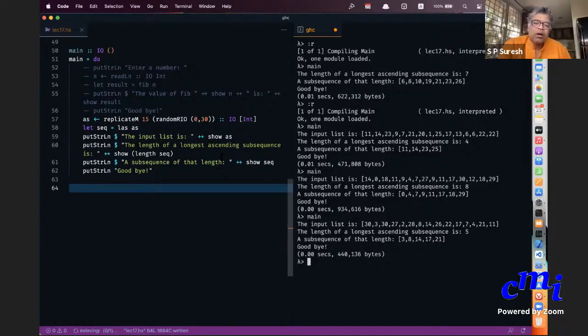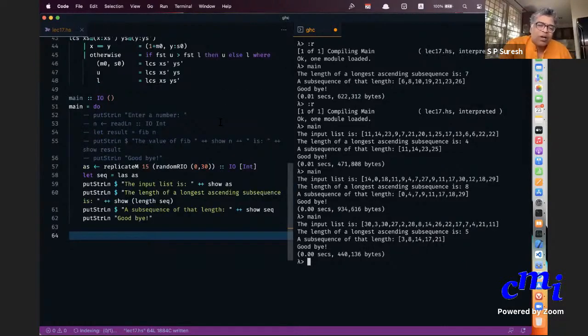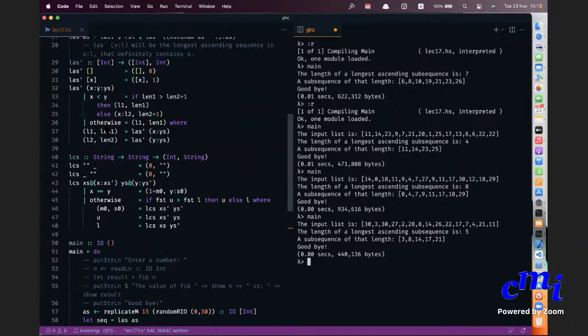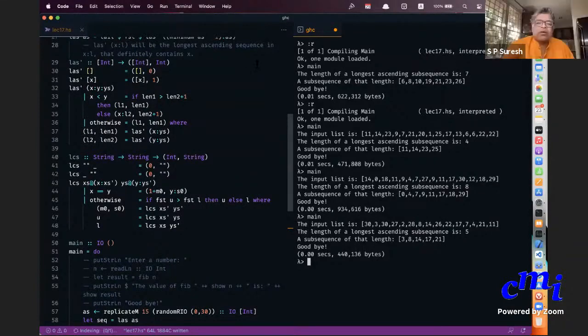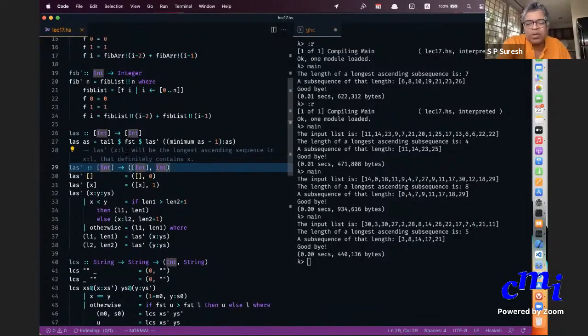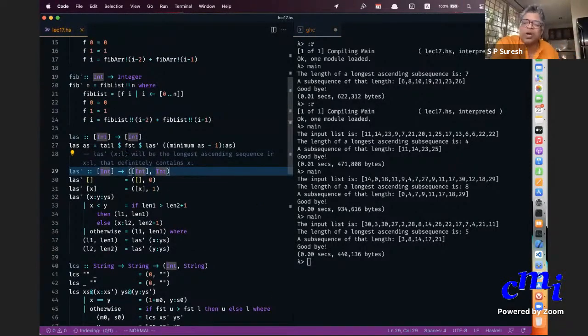Okay, so here is like some 3, 8, 14, 17, 21, etc. Okay, so is the program itself clear? All I am doing is finding. So I am doing some initial hack to add an element guaranteed to be smaller than everything in the list. By the way, I can only do this for int and so on. I cannot do this if I have a list of char. Okay, but there is a trick for that.